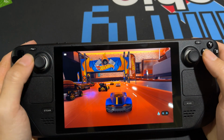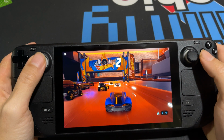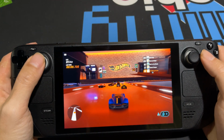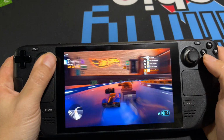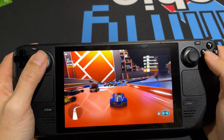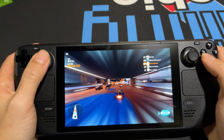You can see the FPS counter that I have there at the top. I blew the starting line, but that's fine. And here we are playing Hot Wheels. I'm playing this behind a camera, so I'm probably not going to do that well. But yeah, this game is actually really fun, especially if you're nostalgic about the Hot Wheels cars and all that